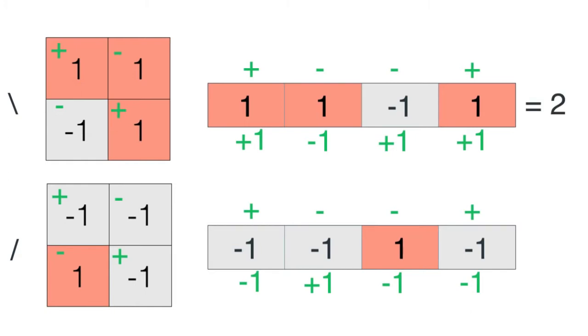Now if we apply these signs to our strip, we will get plus 1, then minus 1, plus 1, then plus 1, so we're going to get plus, and for the bottom one we get minus 1, plus 1, minus 1, minus 1. So the result will be minus 2. So that's pretty good, because the computer will understand that this is a wrongly or incorrectly drawn backslash